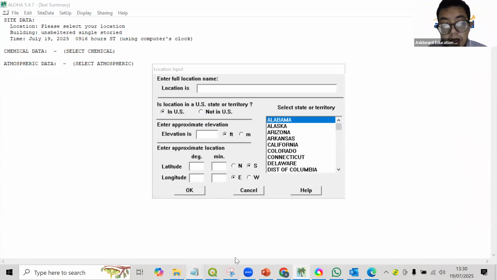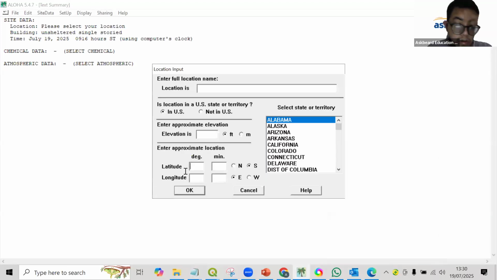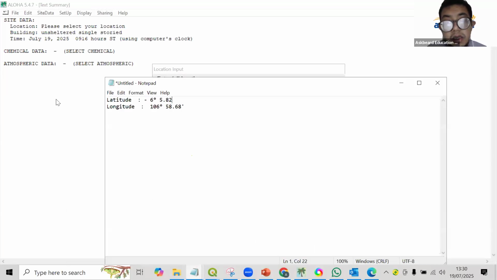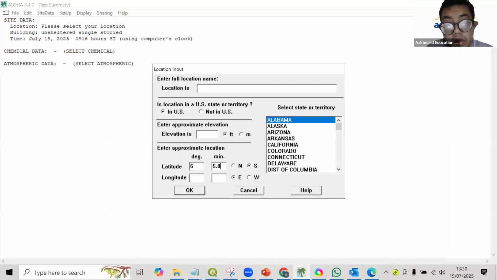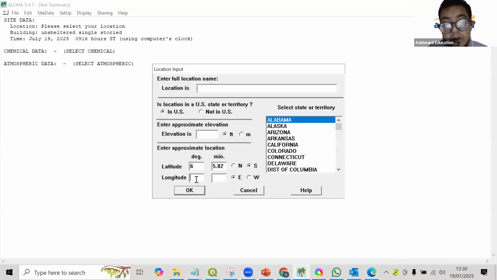Yes. Okay. The latitude is south, this is minus. So we just put 6 without minus. Why? Because we have to click this south. Okay. Sorry, I mean minus 5.8. Okay. Next is longitude and